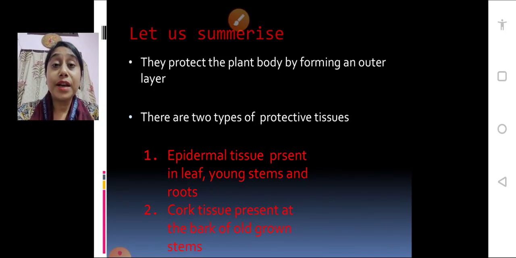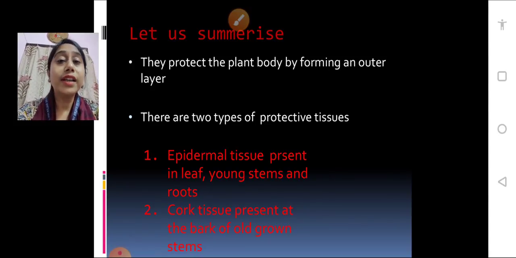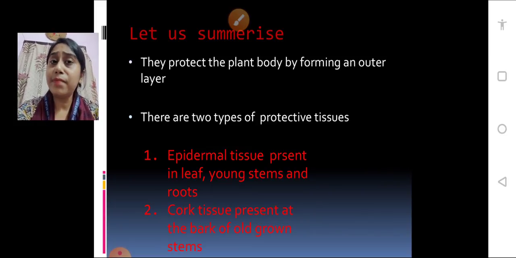This epidermis is present in the leaf, in the green stems. It is also present in the form of stomata. It is present in the roots forming root hairs. It is present in the leaves and stems of the desert plant forming cutin and checking transpiration or loss of water. And next we learned about the second type of plant protective tissue, that is cork. Cork is a dead tissue. Cork consists of cells which do not have intercellular spaces, and cork is the outermost layer of the plant's bark. This cork also protects the plant from germs, from injuries, from loss of water.